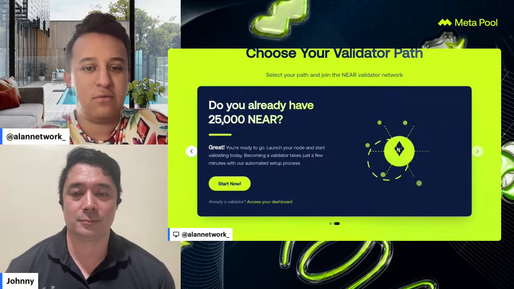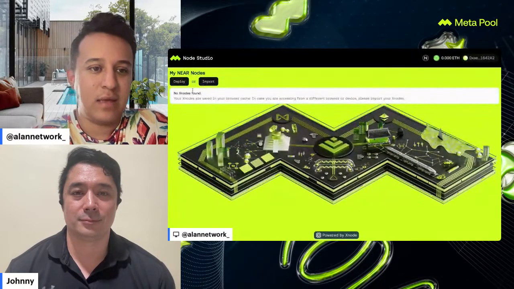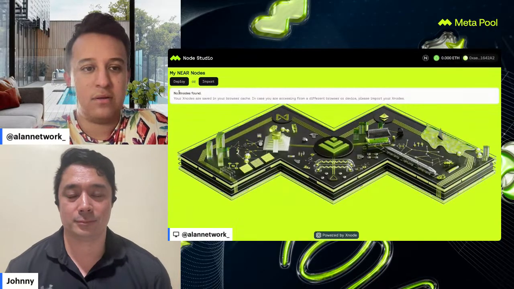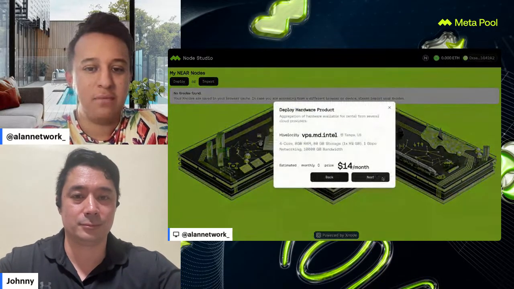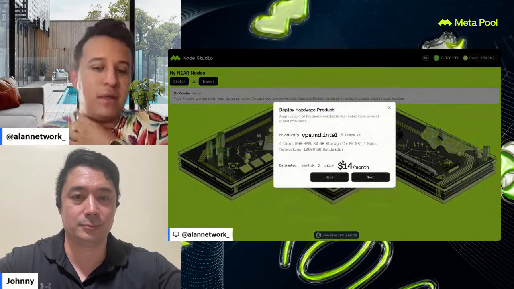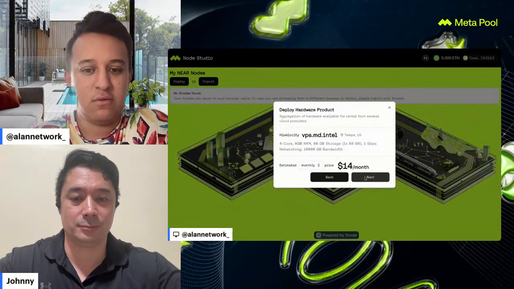You can go directly to the Node Studio site, and as you can see, it is a really easy and clean platform where you can start launching your own node and start deploying your validator. So here I'm showing part of what we have in the Node Studio process. As you can see, it is pretty easy. You choose the kind of hardware that you are interested in using for your validator.